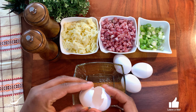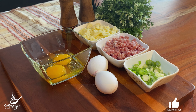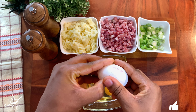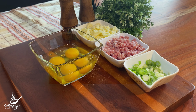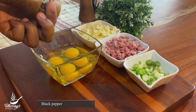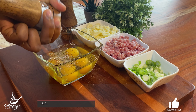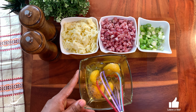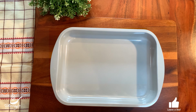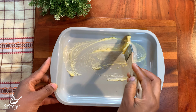So today I'm gonna share with you how I make this delicious recipe. So for that we need 4 eggs. And I'm just gonna go ahead and add some black pepper, and a little bit of salt to the egg. And then I'm gonna be mixing them together. So to grease the pan, you need butter,